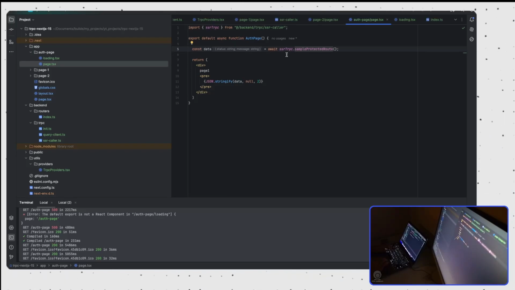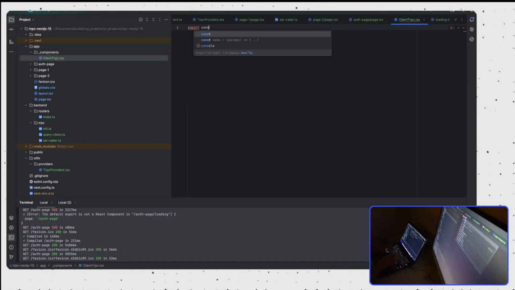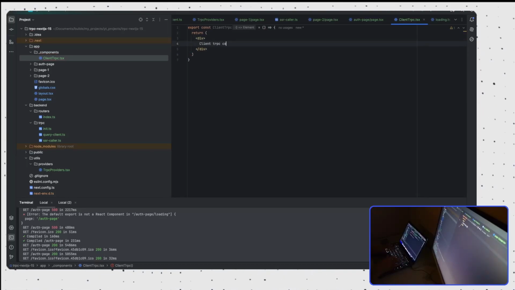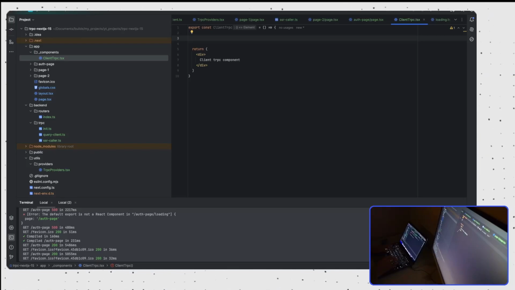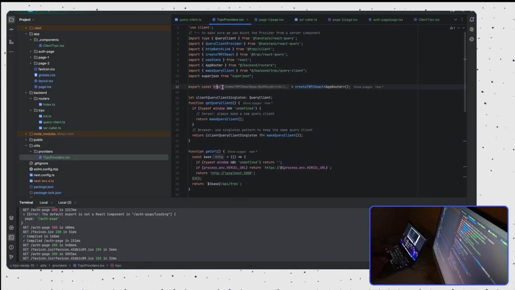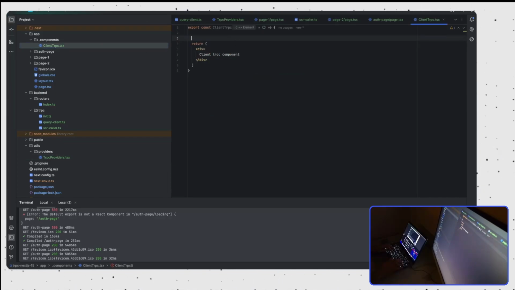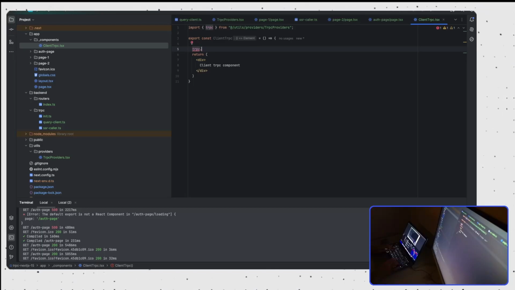So let's use this tRPC on the client side as well. Let's create a component outside of pages. Now let's use tRPC from the client component. We have created this provider. We have created this tRPC. So we use this one because this is the client part that we are using below the provider. We use this provider in the client component. Let's import this from providers, trpc.protected.useQuery, and whatever we get back, data is equal to